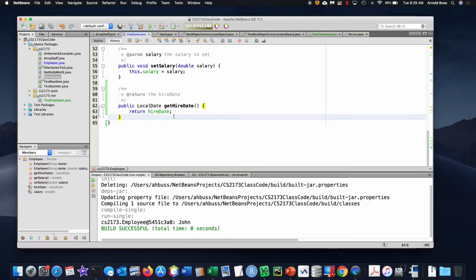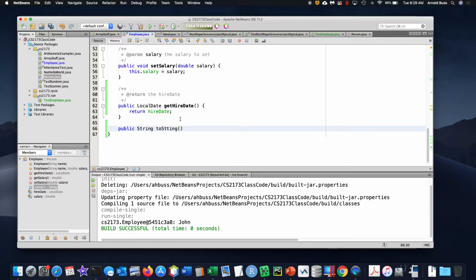Let's override toString in Employee. And again, it's got to be exactly the same. What I'm going to return is, remember, we talked about printf at some point, where you can format things, and we've used that a little bit. Well, it turns out the String class also has a format method that does exactly the same thing. So I can format,